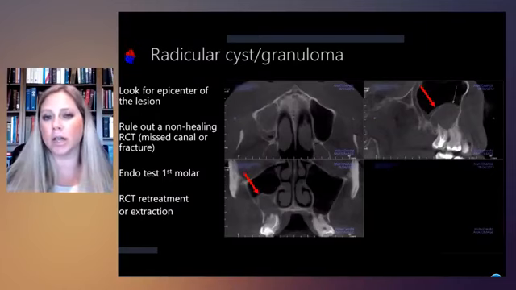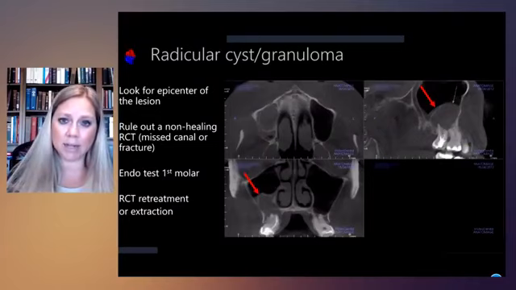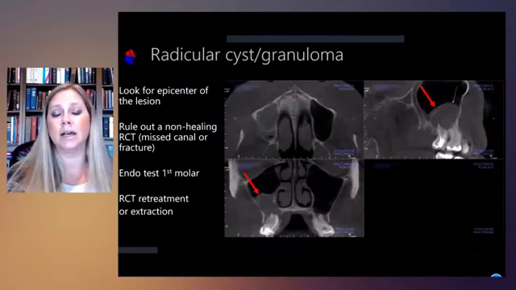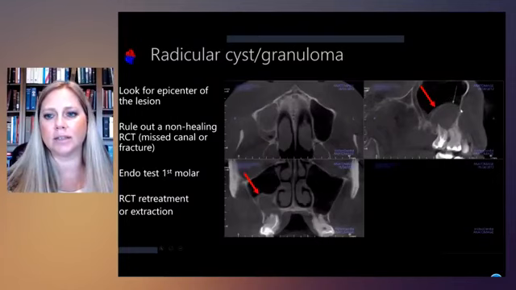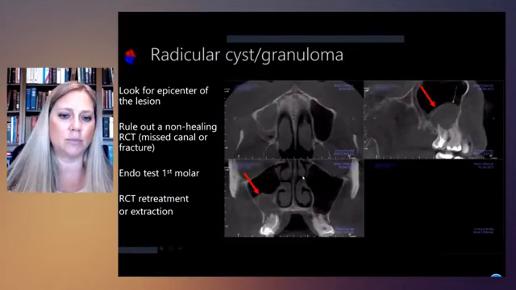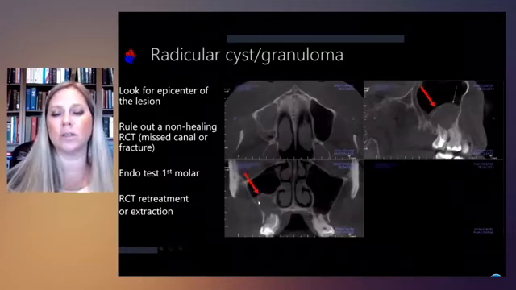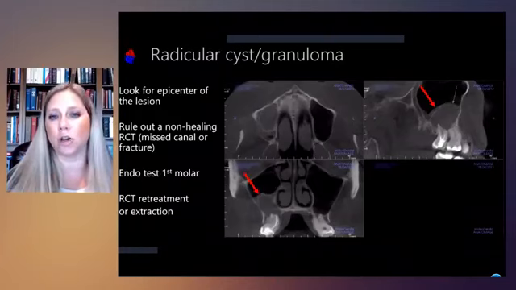And so understanding where this particular entity is coming from is very important in deciding if this is something that's coming from the sinus or if it's actually coming from the dental alveolar bone. Lets us know if this is odontogenic in origin. And what we can see is we have a nice inferior cortical border of the sinus. We can see that it's being displaced superiorly. And so that lets us know that this is coming from the alveolar bone, and we're looking at an odontogenic